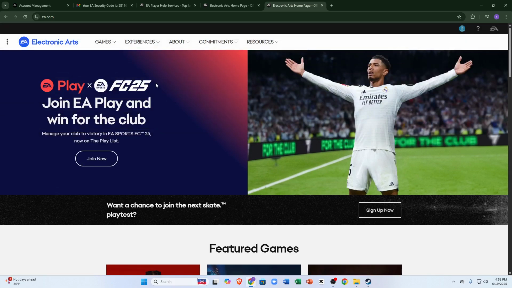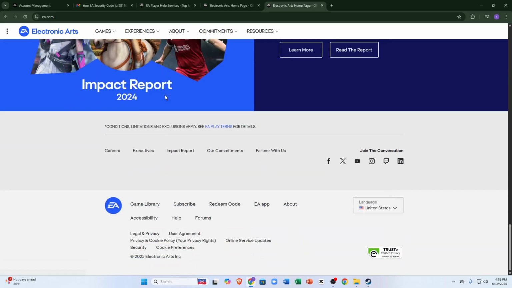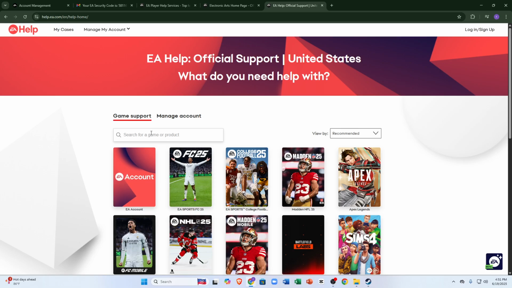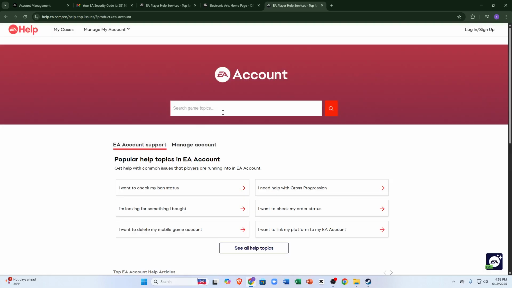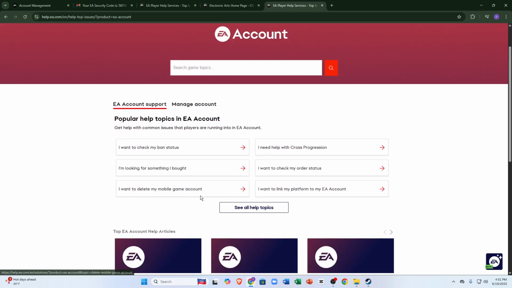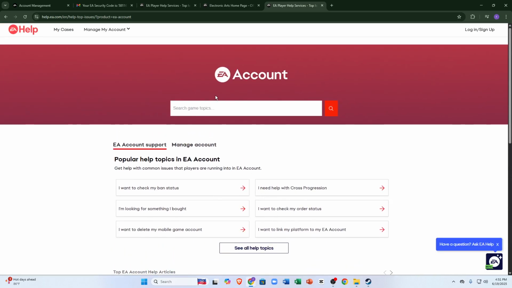After coming here, you have to just scroll down and search for the option help. You have to click on here, and after clicking on the help menu, you have to click on game support, and as you can see there's an option called EA account. You have to click on here, and after clicking on the EA account, as you can see there are multiple topics and all, and you just have to type delete account